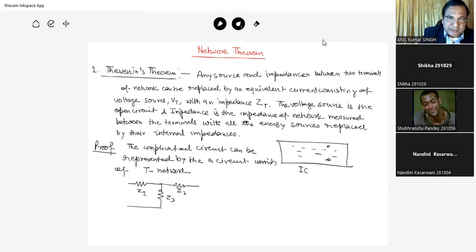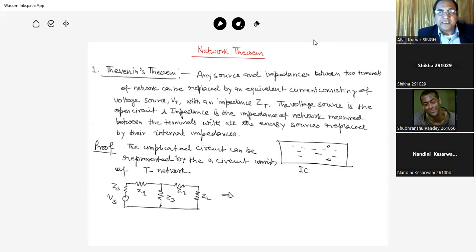गया। अब इस टी नेटवर्क में एक हो जाएगा ये आउटपुट, that is load, और दूसरा हो जाएगा this is a source, ये this is a source। तो V source, Z source और ये Z1, इस तरह का आपका एक सर्किट बन गया। और इस सर्किट को अब आप रिप्लेस करते हैं थेवेनिन सर्किट में, थेवेनिन इक्विवेलेंट